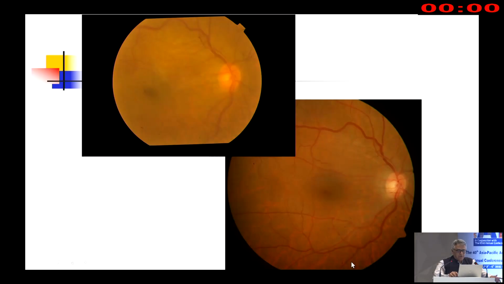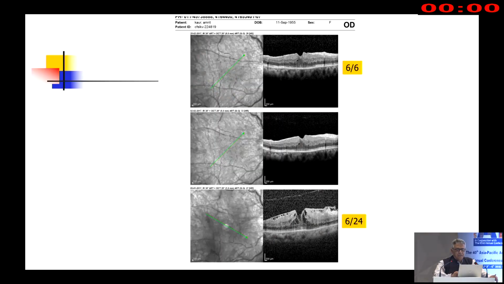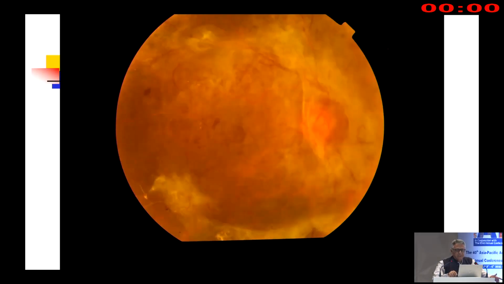So this is the post-op result of the same patient where 4-in-1 surgery was done, but it took a couple of months actually. If you see from January to a long time, thanks to the health of the macula, this patient recovered good vision. This is a diabetic patient.